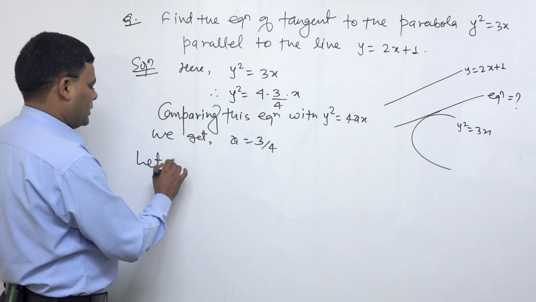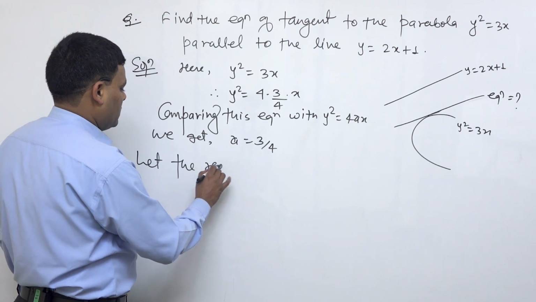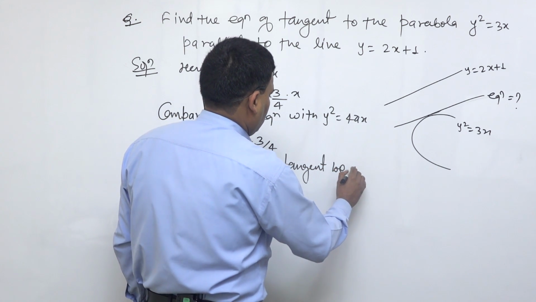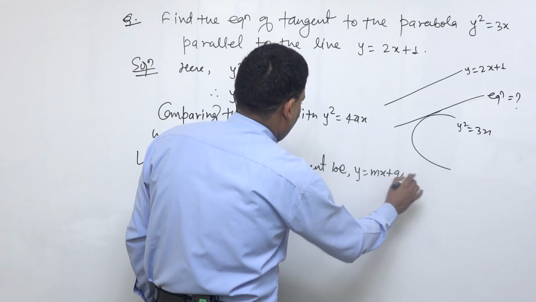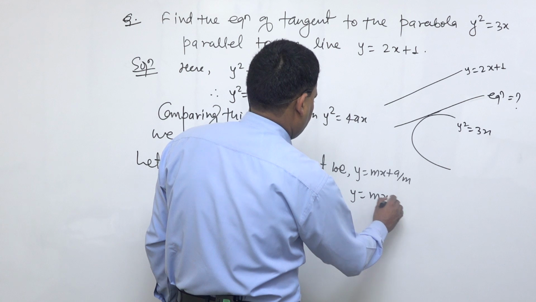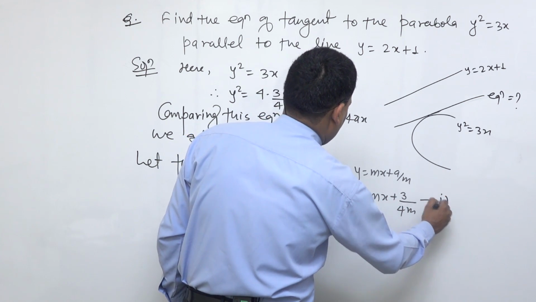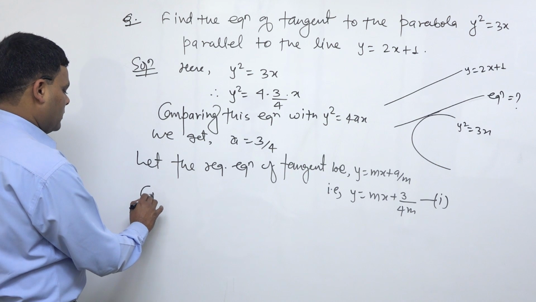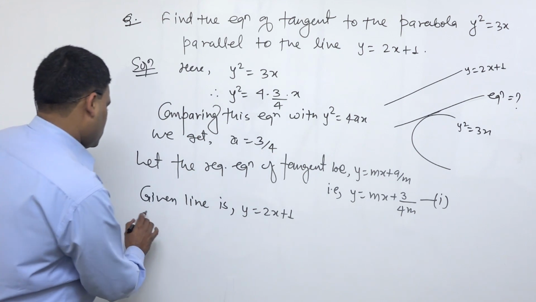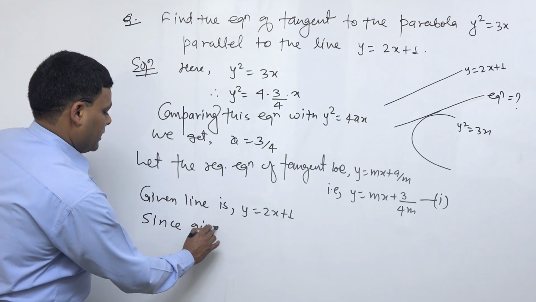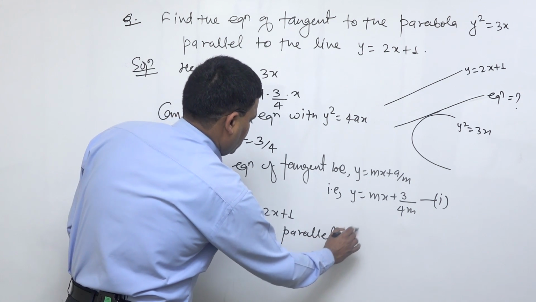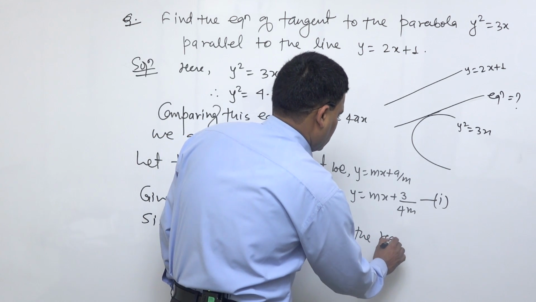Let the required equation of tangent be y equals mx plus a by m, that is y equals mx plus 3 by 4m. Let it be 1. The given line is y equals 2x plus 1. Since the given line is parallel to the required tangent,